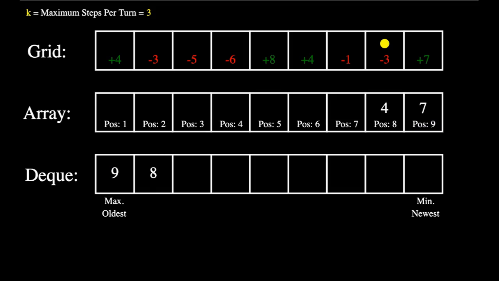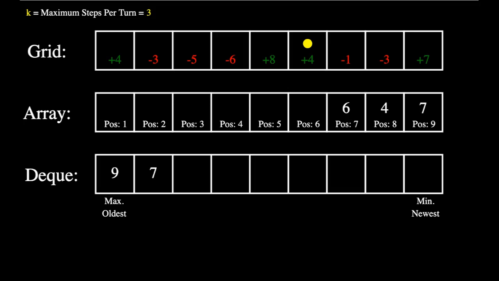Now we can do the same thing to the next square. We use 9 to get 7 and add it to negative 1 to get 6. And we put position 7 at the end of the deque. Now let's make an observation here. Position 8 has the value of 4, and position 7 has the value of 6. This means that we never choose position 8 whenever position 7 is one of the options. The only reason we would choose position 8 is if position 7 is out of reach. However, position 8 will always be out of reach before position 7 does. This means that position 8 is obsolete when position 7 is always here, so we can just remove it from the deque. Let's keep going with this example.